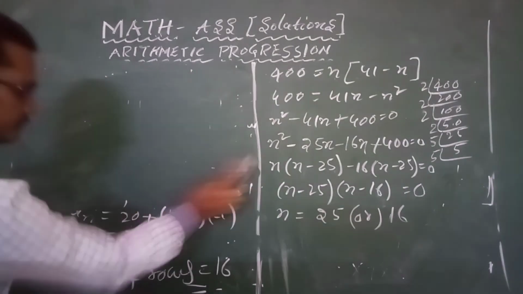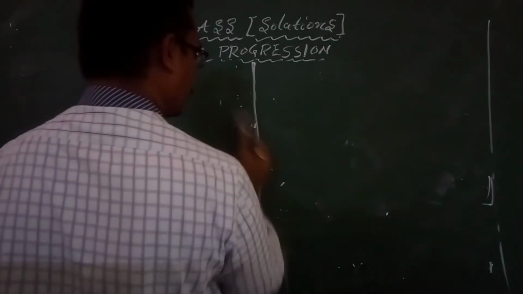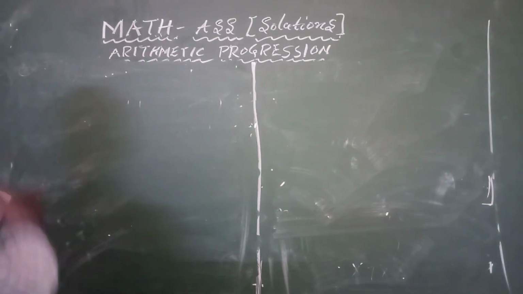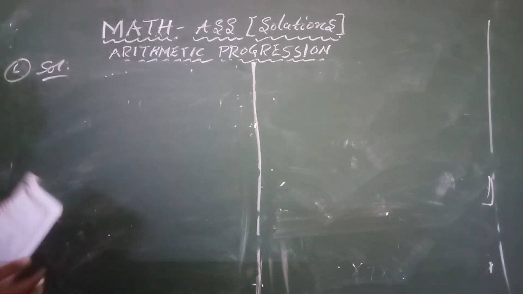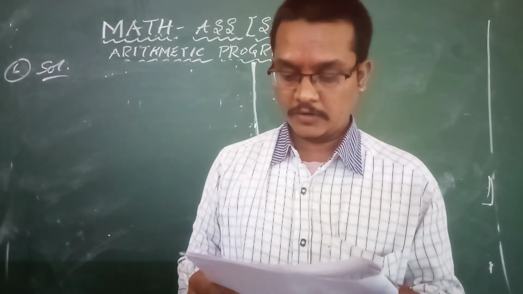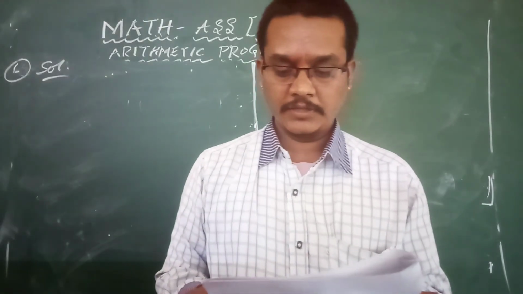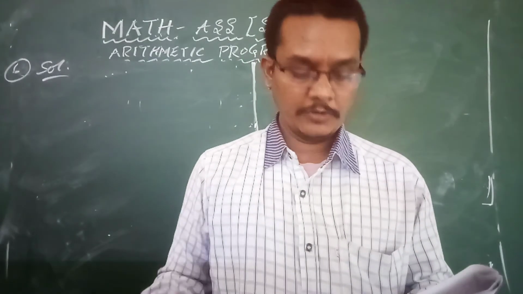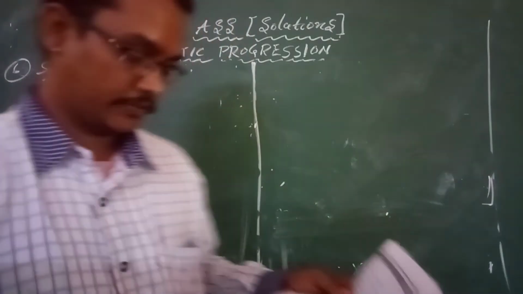Now last problem. In a potato race, a bucket is placed at a starting point which is 5 meters from the first potato. The next potatoes are placed 3 meters apart from each other. There are 10 potatoes there. They are asking what is the total distance. Total distance, first what is given, that is right now.